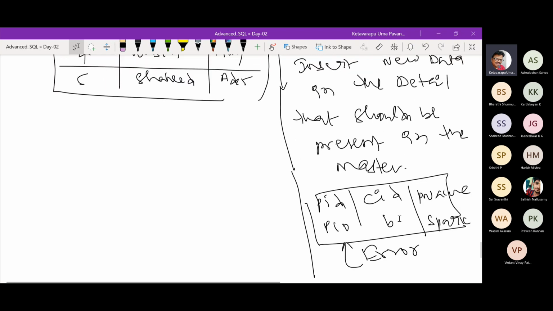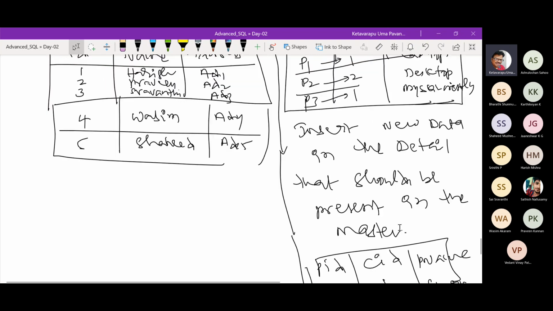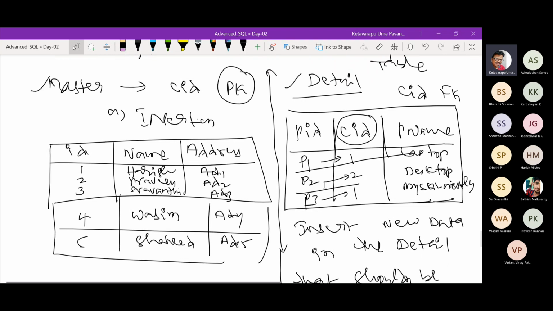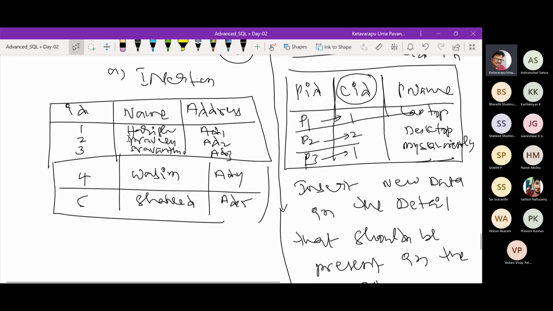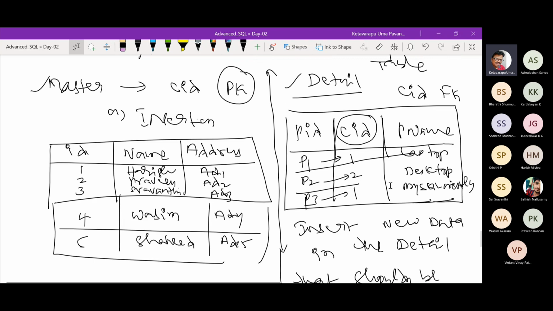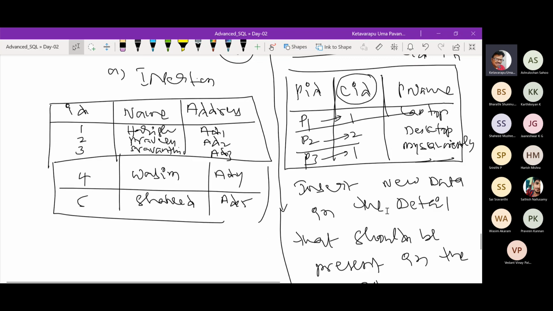So with this, you can observe one point. If I want to insert any record related to the master, I can directly insert. No problem about that, because this is the master table. But there is an important link: if I want to insert something in the detail table, that should already be captured by the master table. Only the master table keys, whatever I am having, should be reflected in the child